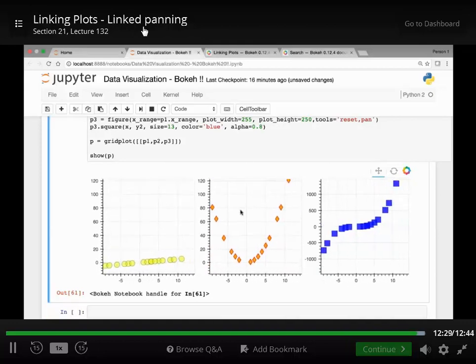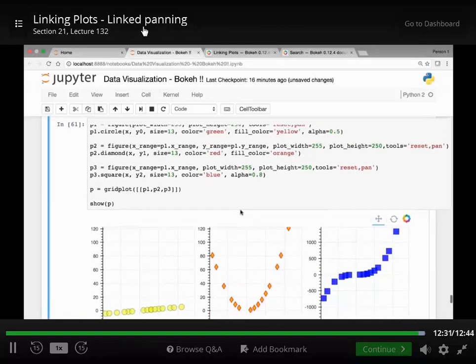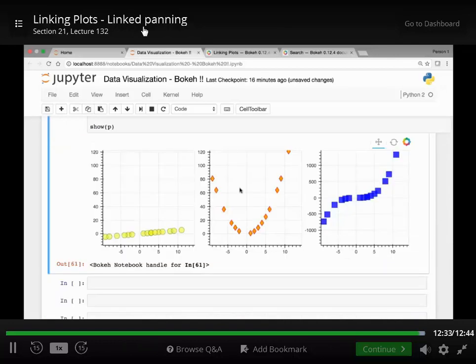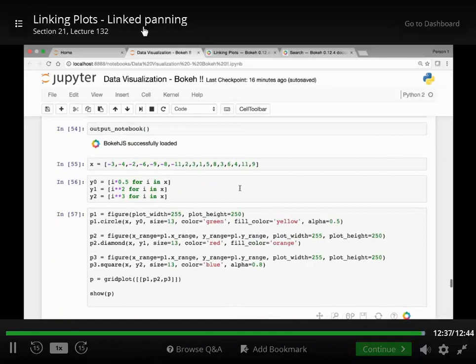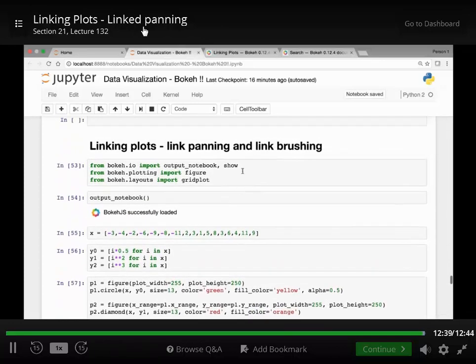So this is how you can link one or more figures by using linked panning. Okay, great. And in the next lecture, we'll continue our discussion on linking plots, and we'll look at